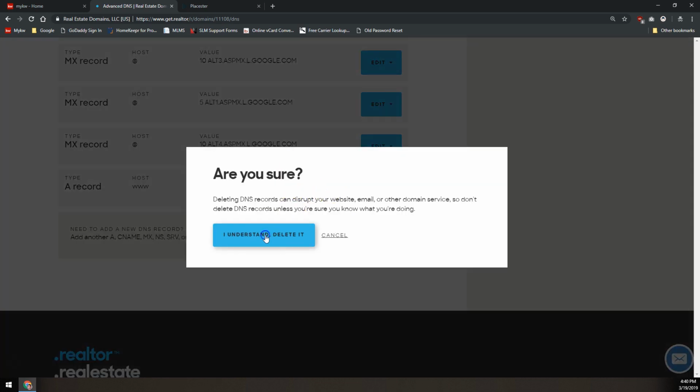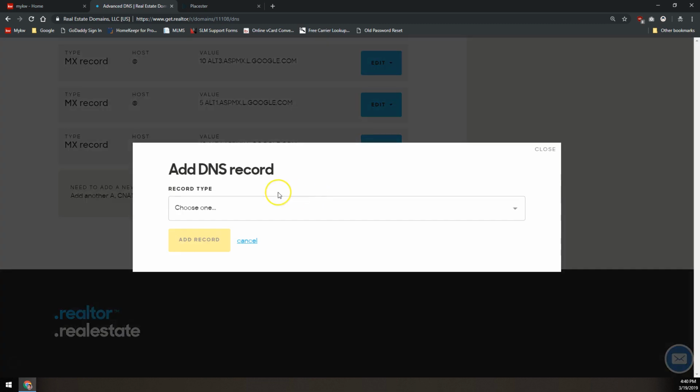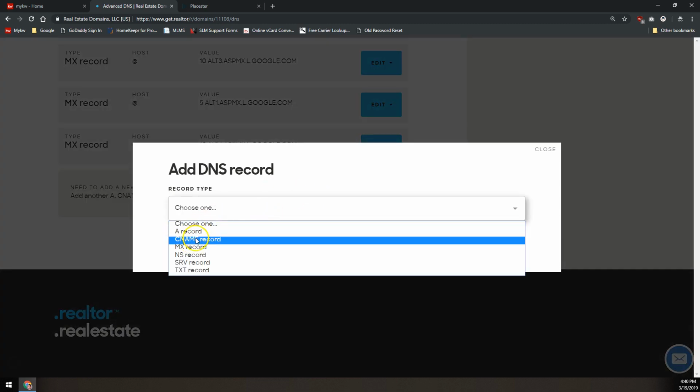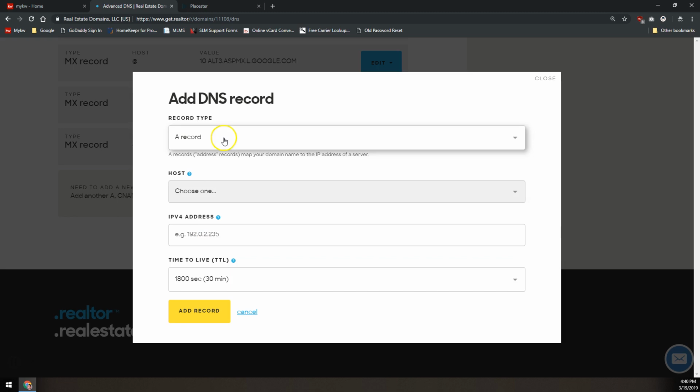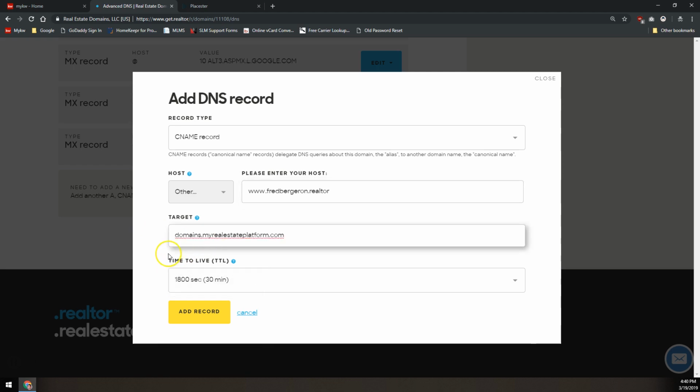We want to remove that A record for www, and instead we're going to add a new DNS record down here at the bottom. This is going to be a CNAME record, and for host we're going to choose other, and we'll do www, and then for target that's going to be domains, plural, .myrealestateplatform.com. So D as in dog, O, M as in Mike, A, I, N as in Nancy, S as in Sam,